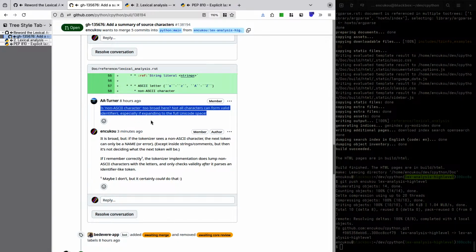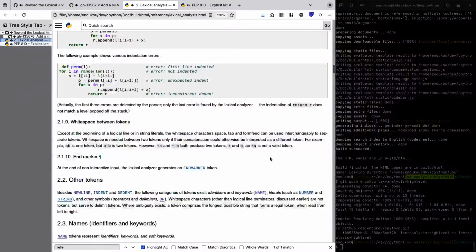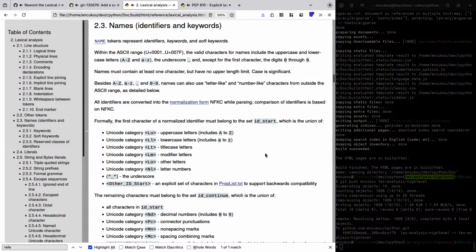I wonder if it would be worth it to rewrite the name documentation again and say that we have uppercase, lowercase, letters, underscore, digits, and any non-ASCII characters, and that can form a name.